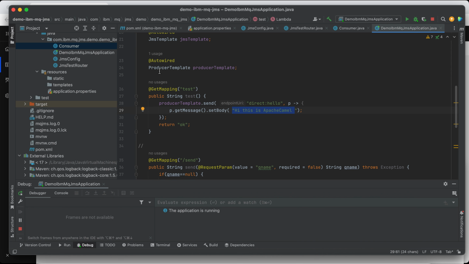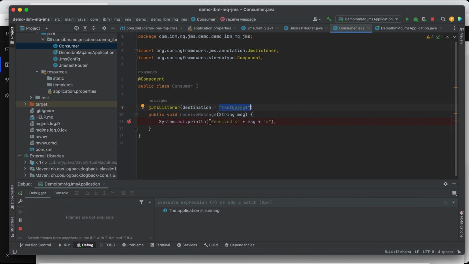We will receive this message because we consume this, and this is the JMS component. The JMS component will receive the message because we reroute or redirect here to this queue. That's why we receive. Okay, let's run it for us to understand better.